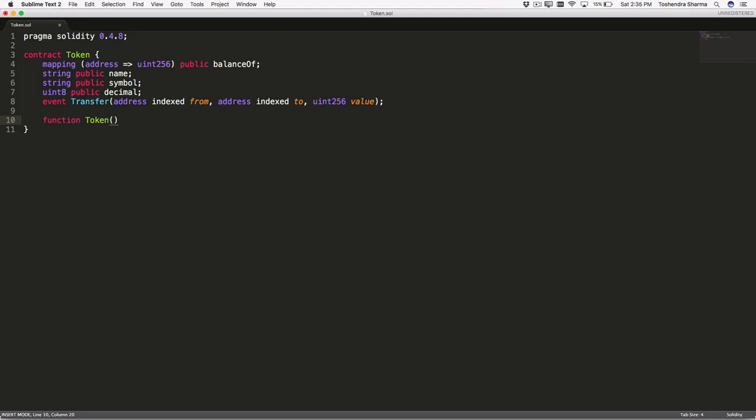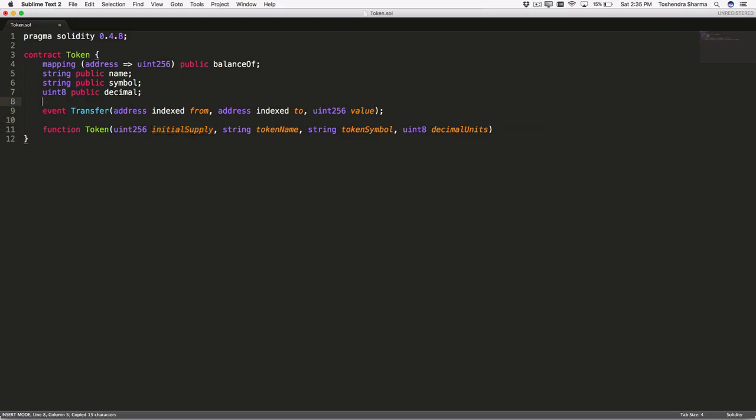So let's make it like this: uint256 initial supply, then we'll have the string token name, then the string token symbol, and then uint8 as decimal units, right?